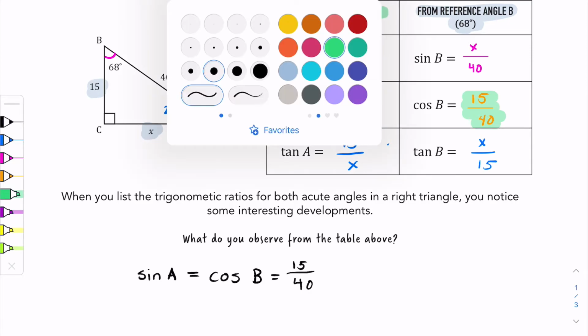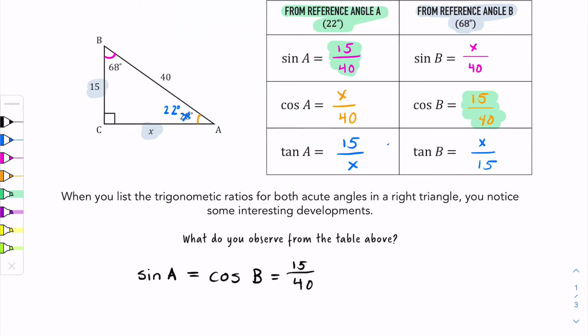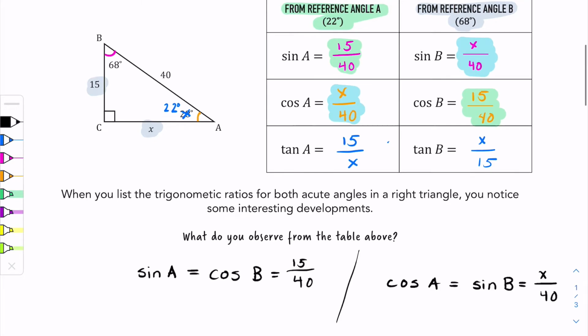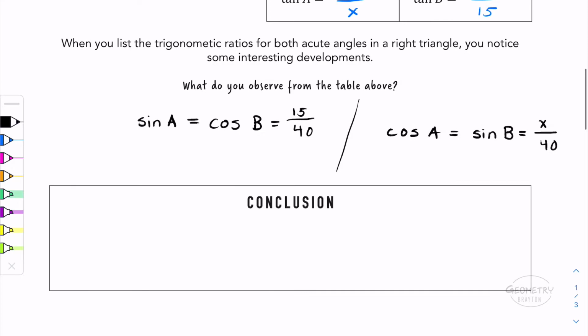I was also hoping that everyone recognized that cosine of A is x over 40, and sine of B is also x over 40. So that tells us that cosine of A is equal to sine of B, which is equal to the ratio of x over 40. So we have multiple values that are going to equal the same thing. Our conclusion from this chart is that if angle A and angle B are acute angles of a right triangle,